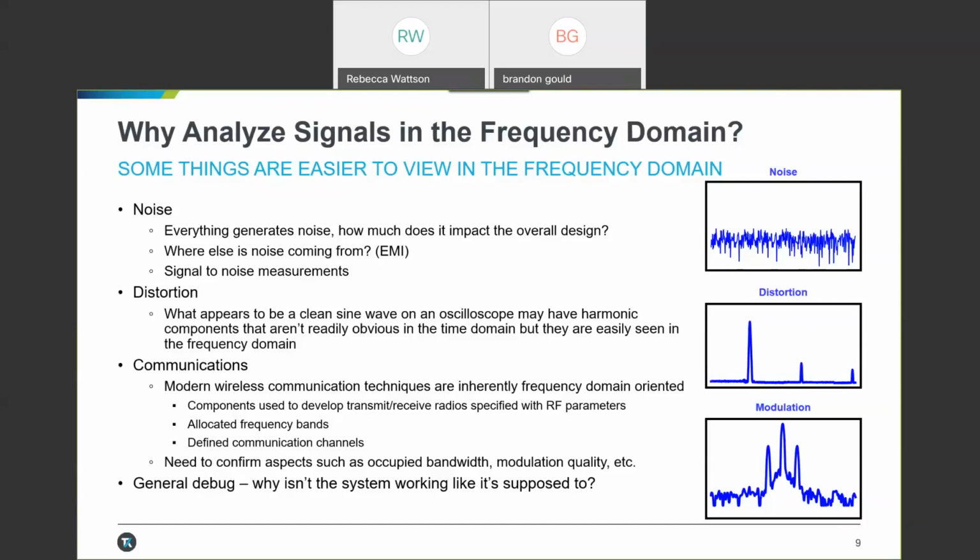The first reason that we want to look at signals in the RF domain is noise. Everything's creating some amount of electromagnetic noise or interference. We may need to quantify how loud the noise is, what its magnitude is, or pinpoint exactly the physical location where it's coming from. These are your standard electromagnetic interference measurements where you need to quantify, debug, and then understand how to